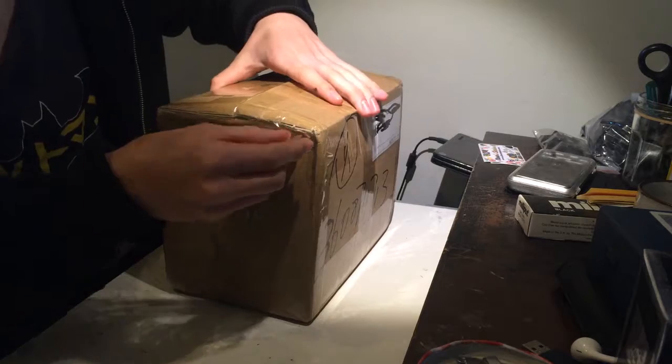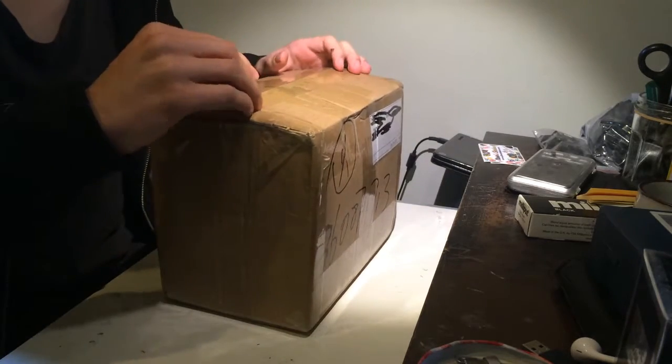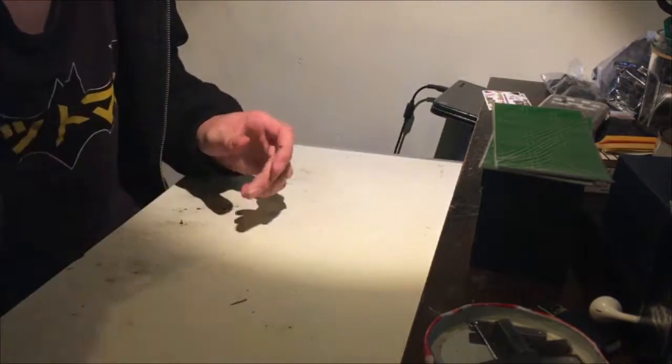A lot of these puzzles I've wanted for quite a while, but I haven't bought for whatever reason. I don't know, they're a bit expensive. Okay, so my recording camera is having issues again. That's annoying. So I have 2 mirror blocks,